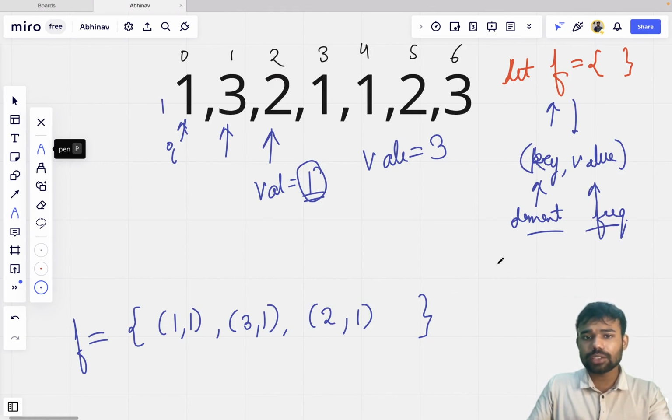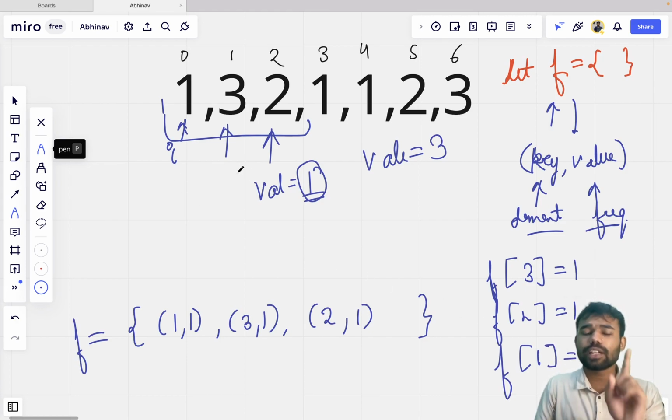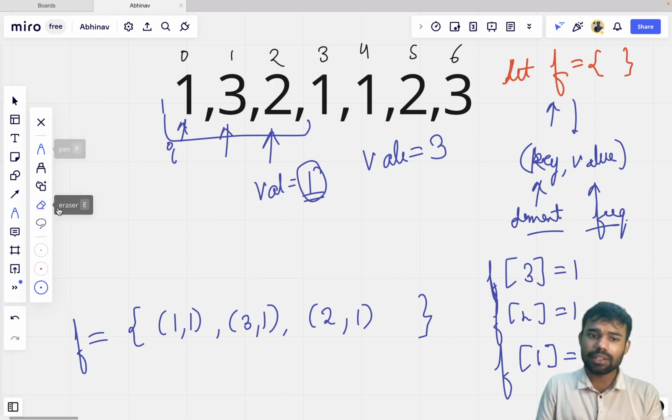So now if I ask you till here, what is the value of f of 3, you will say 1. If I ask you what is the value of f of 2, you will say 1. If I ask you what is the value of f of 1, you will say 1. Because till now we have encountered 1, 3 and 2. एक 1 मिला है, एक 3 मिला है, एक 2 मिला है. ठीक है, अभी तक. तो अगर मैं इसको इरेज कर दूं, अगर मैं इस तरीके से लिखूं,